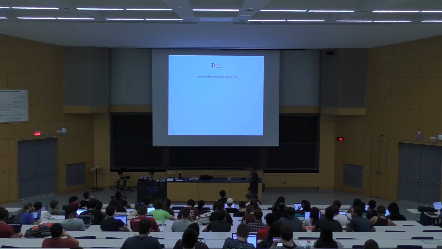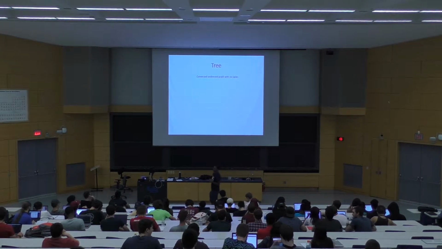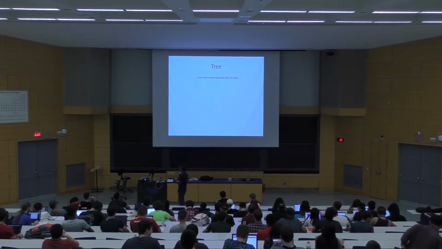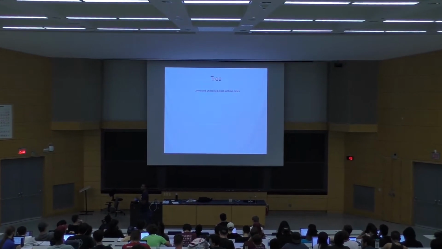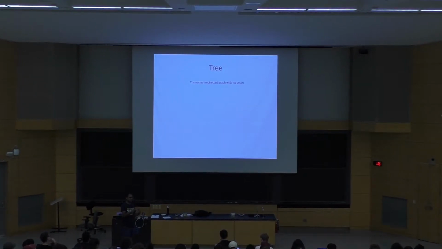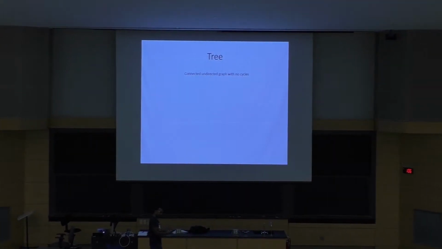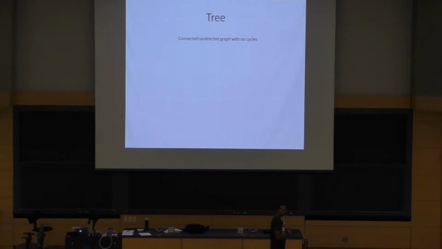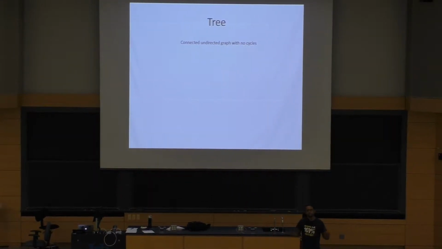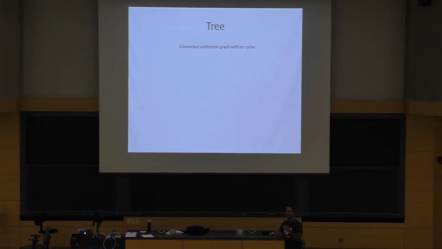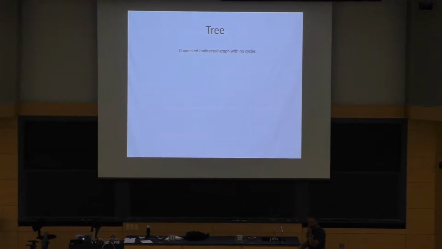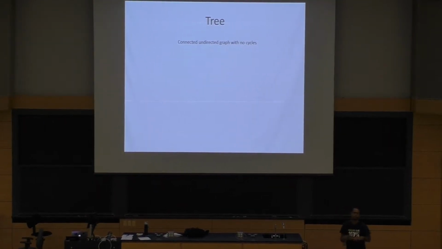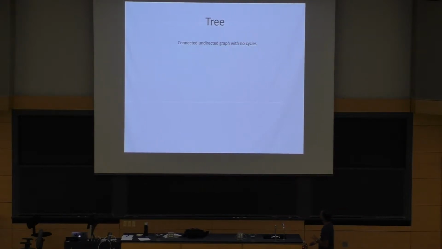Okay, so we talked about graphs last time. We defined graphs, weighted graph, unweighted graph, paths, cycles, distances between two vertices. We talked about a graph being connected. So today we're going to look at a specific class of graphs called trees, which I'm sure all of you have seen before in one form or the other, but turns out to be a very useful subclass of graphs.